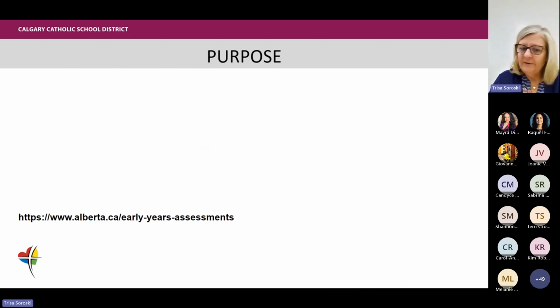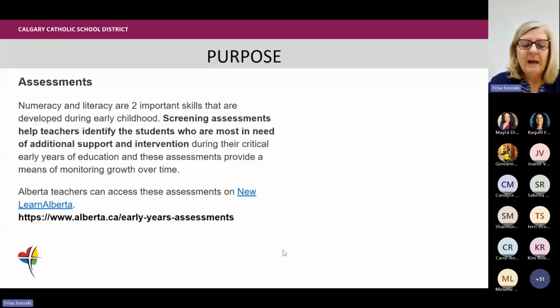So our purpose this afternoon, it's really important that everybody be aware of why we're doing this. This comes right from the Alberta Education website, and this is what they're telling us: we all know that numeracy and literacy are two important skills that are developed during early childhood.